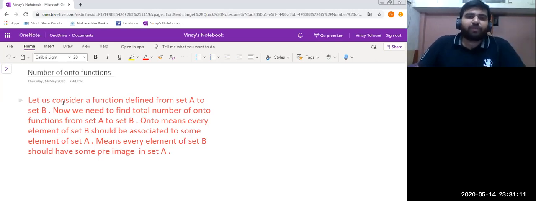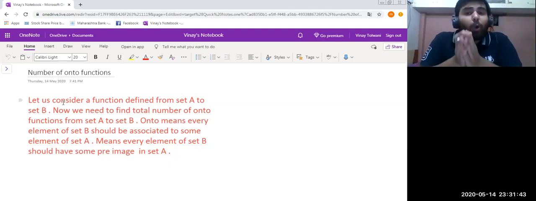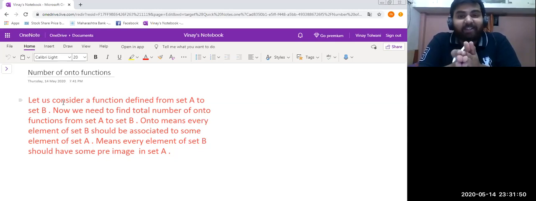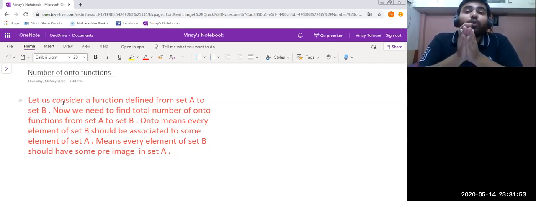In set theory terms, a function from set A to set B will be onto if every element of set B has some pre-image in set A, or if every element of set B is associated to some element of set A. It just means that no element of set B should be left empty.